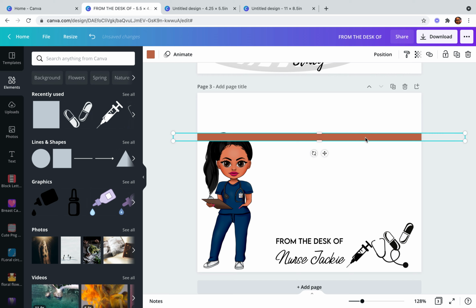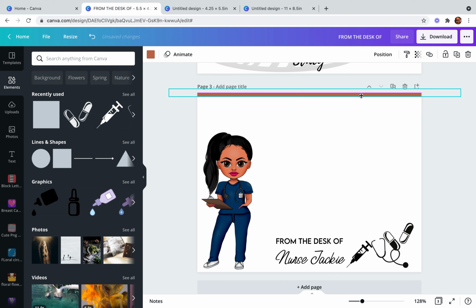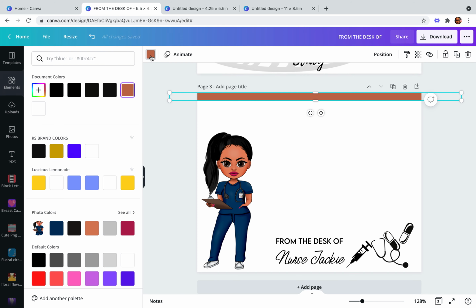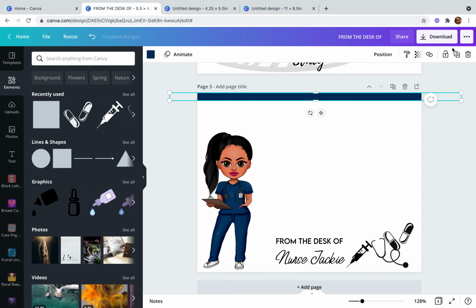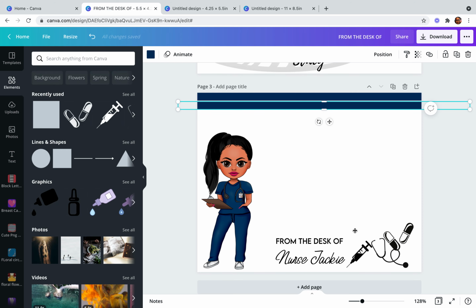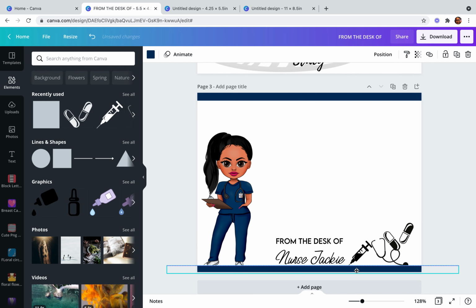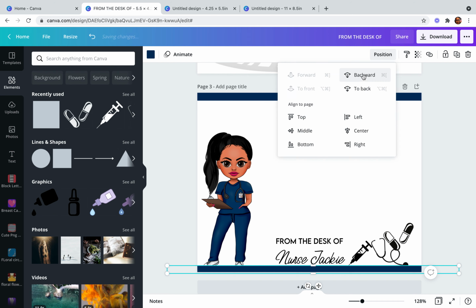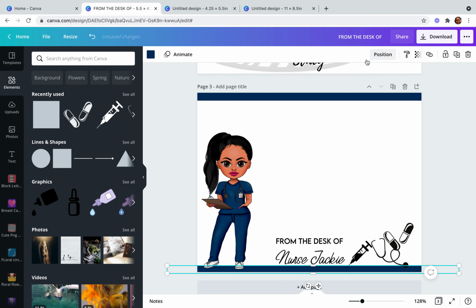And since Nurse Jackie has on her blue, we will make this border blue. And then simply we can duplicate that one and bring it down to the bottom. And this is here. We're going to push it behind, so her shoes and everything will be on top of this. And to give it a little bit more oomph,